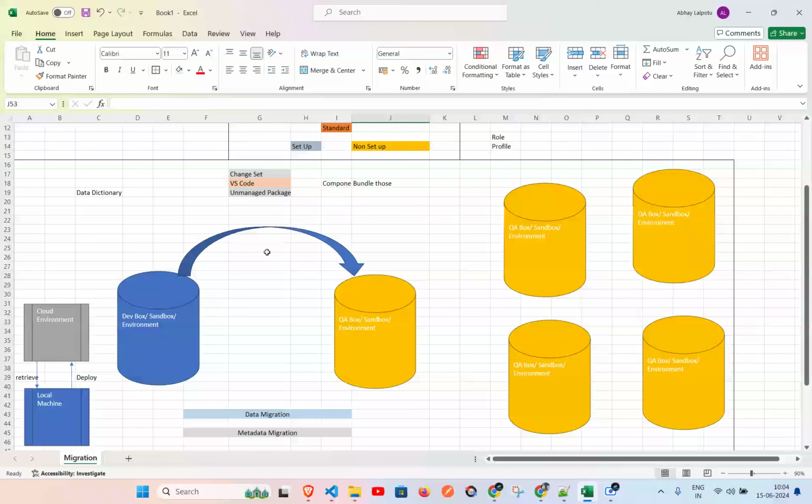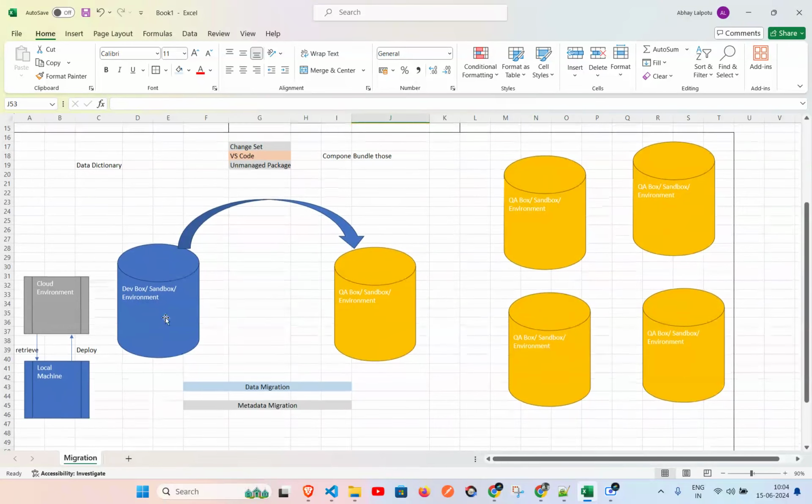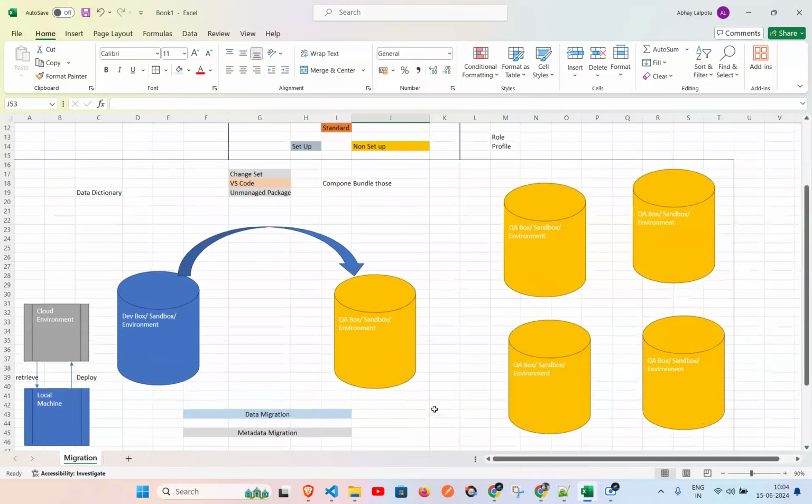Understanding in one go is really difficult. I don't want any one of you to understand each and everything, but if you are getting the overview, in the next session it will be very easy for me to explain it to you, and it will be easy for you to digest. I'll share the link of the previous session where you can see how to install VS Code. So I want you all to install VS Code, and next session I can ask any one of you to show me, like, are you able to connect with your org on VS Code? Okay, and I hope that is fine with every one of you. Okay, with that we can